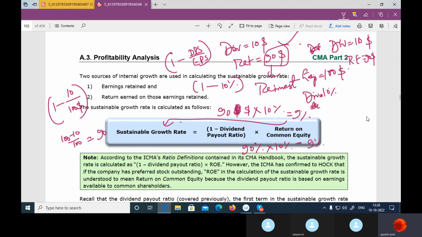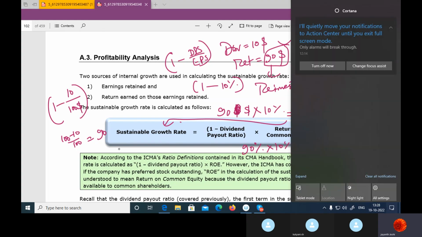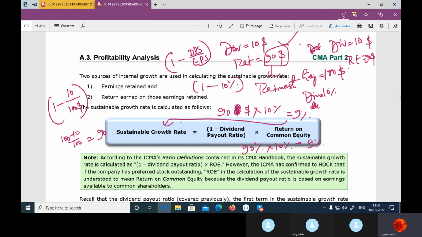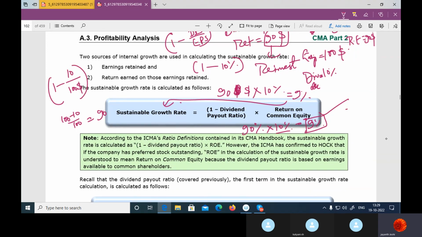Did you understand what I said? Yes, sir. See, you paid 10% dividends, so you retained 90%. That 90%, whatever you have retained, you have reinvested at 10% returns. Some stock or some investment option you picked up gives you 10% returns. So all in all, growth rate is 9%. Okay. Now,